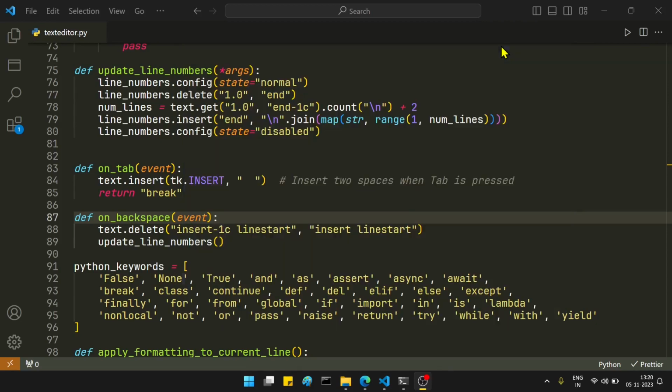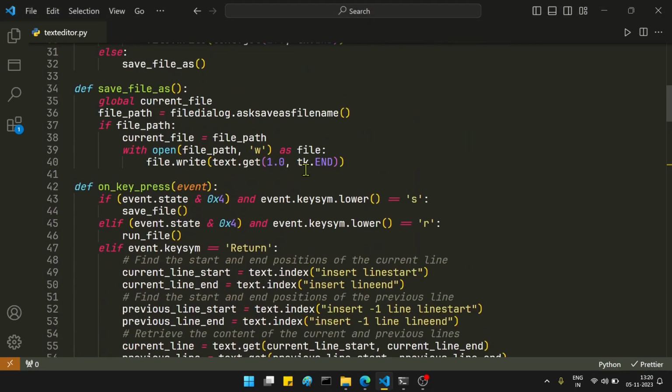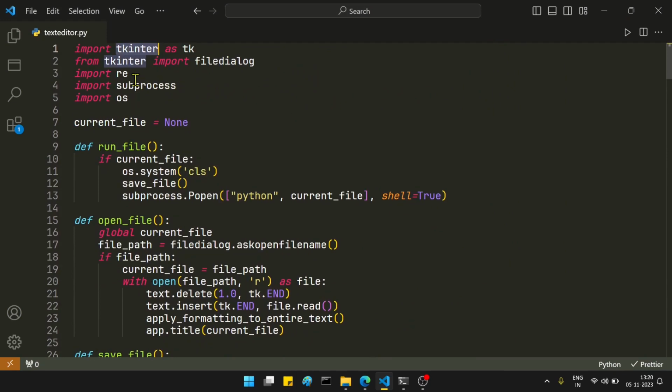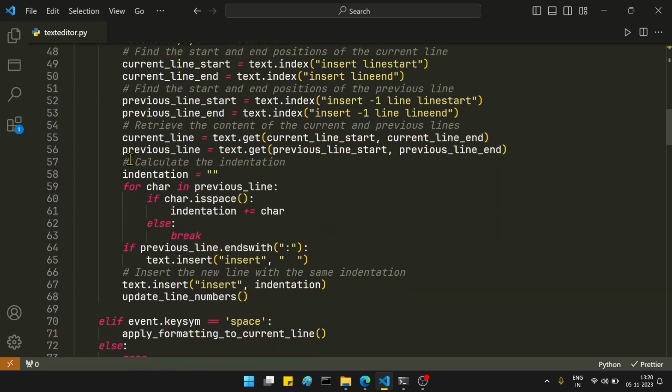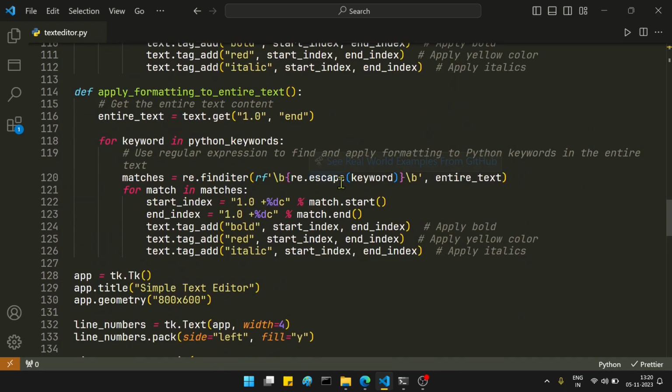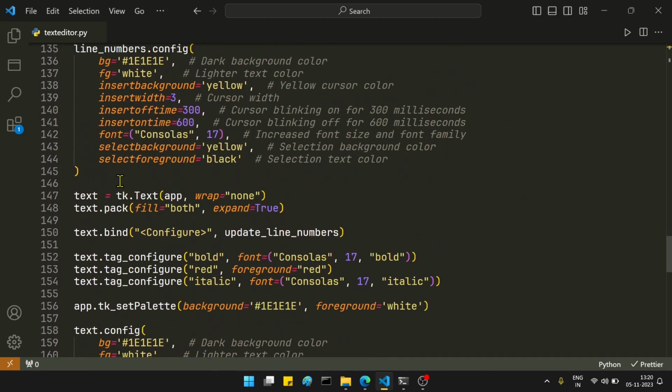So hi friends, in this video I have created a simple text editor using Python, and I've used this library for the GUI and stuff. So here is the source code. 90 or 80% of the coding has been done by ChatGPT. I've used ChatGPT to generate the code, and I have just applied some of the basic logic that I have